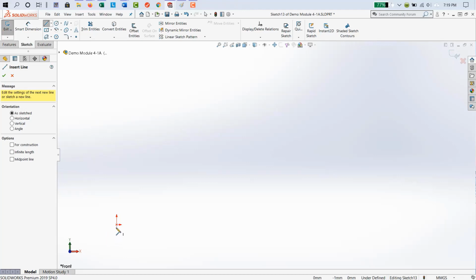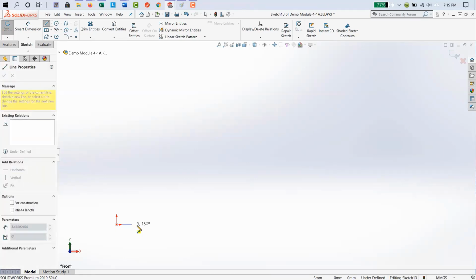Let's get close to the origin and see if there's another change. There it is. Now you have a glyph with a yellow background letting you know you're coincident with the origin. Once you are, you can left click to set that endpoint, draw the line to the right, and notice that I have a horizontal glyph there, except when I pull it away from the horizontal, it goes away and then comes back again.